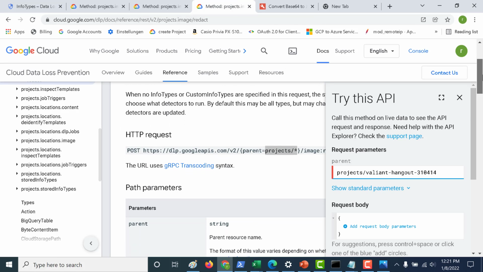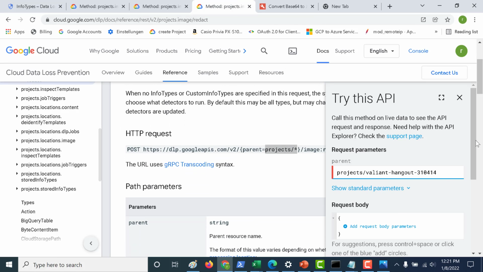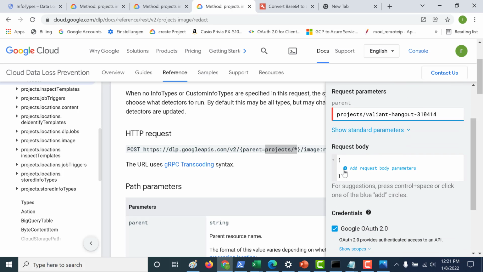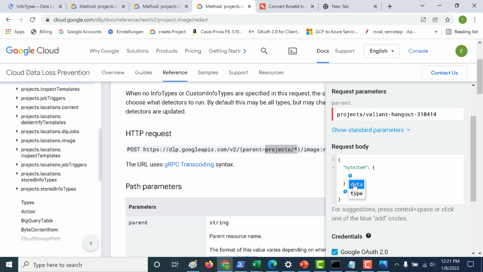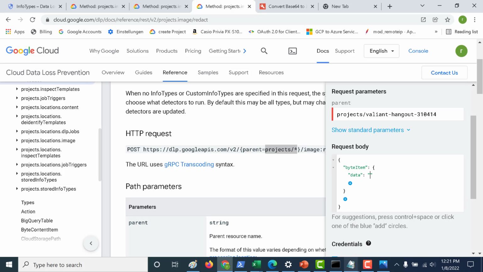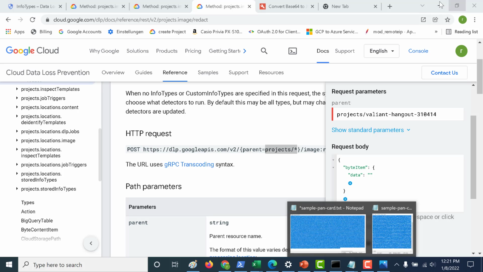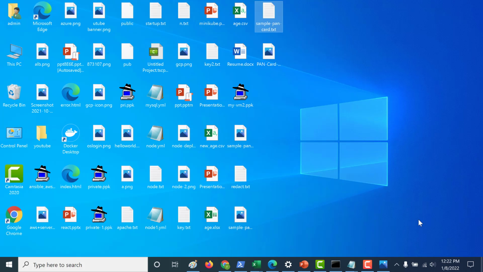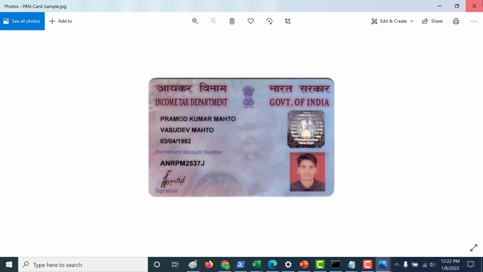Now you need to give the body for this API request. Let's open this. What you need to give is the byte item, and within this byte item, you need to give the data. The data would just be this text file, so let's get the value of that text file. This is basically the base64 of this image.